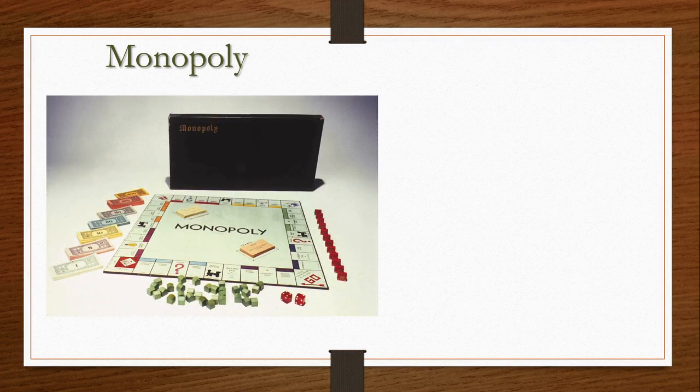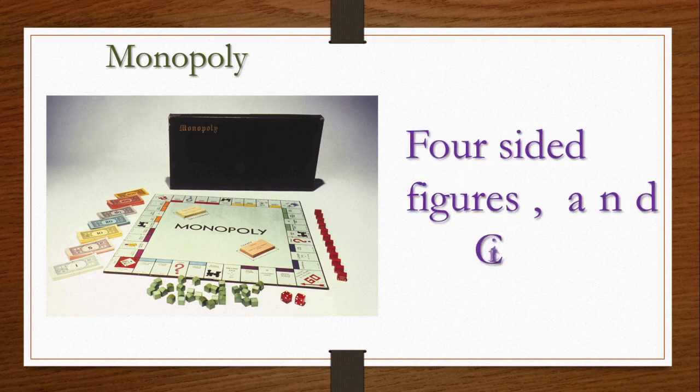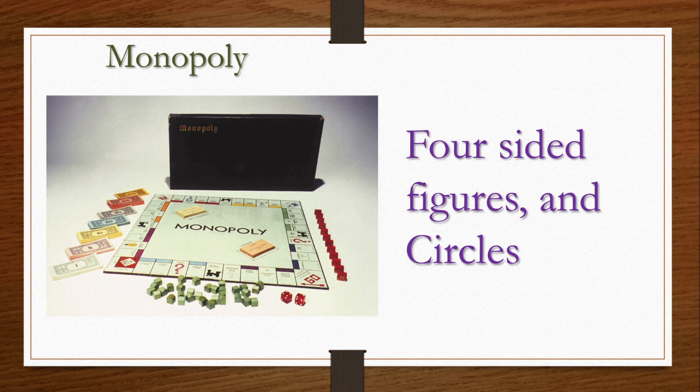Monopoly. This is a business game. Here we use currency notes. The board has four-sided figure, correct? And notes also having a rectangular figure. The notes also are in rectangular shape. Coins are there, correct? So we can write here four-sided figures and circles we can see. Coins we can use which are in circular shape.